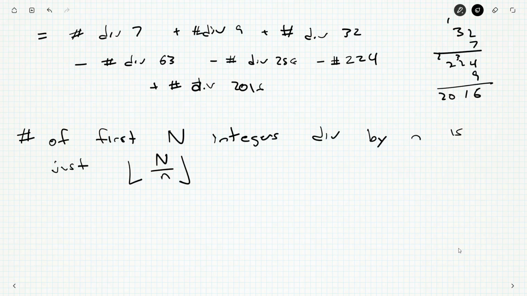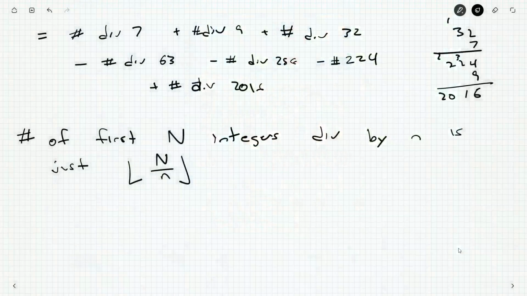But floor just means, if you've never seen floor before, round down to the nearest integer. The greatest integer less than or equal to the current number you're looking at. So the floor of 3 is 3, and the floor of 4.2 is 4. It's the biggest integer that you can find that's less than or equal. And correspondingly, there's a ceiling function. We don't usually use that a whole lot, but